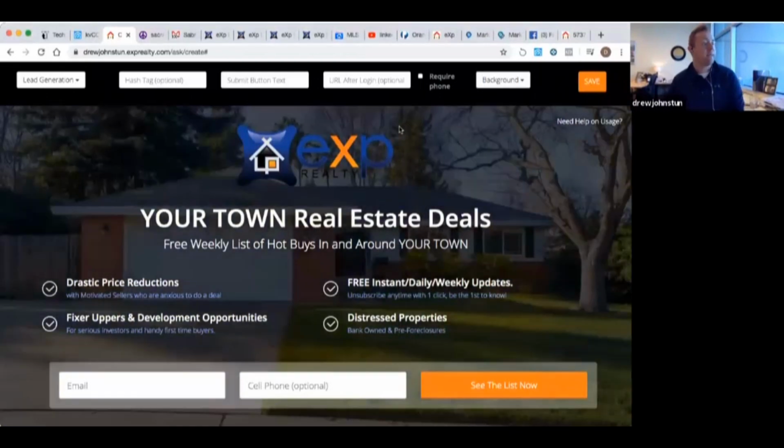Hit OK. Then all of a sudden, I now have a custom squeeze page with the main photo of the listing. So what I'll do is I'll go and create a landing page. I do this for all of my listings. I go on to GoDaddy, buy a domain name that has it in there. Right? And I do this before I go on the listing presentation, by the way, so that even if they don't go with me, well, too bad, other agent, I now own 123 Main Street in Roseville, California.